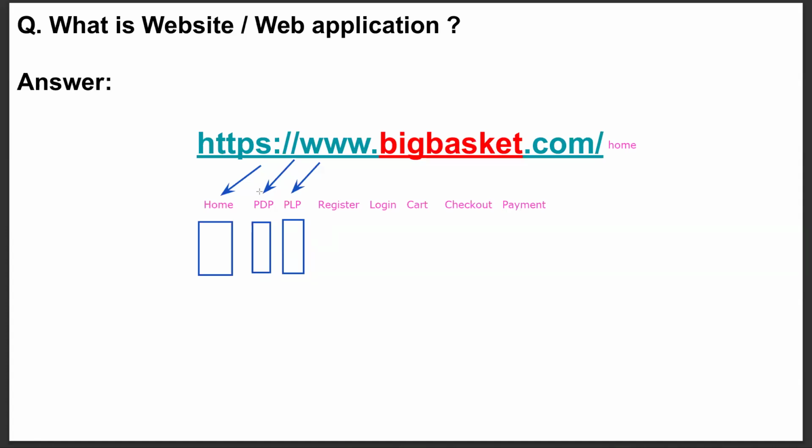Okay, let's talk about this page, guys. This is a little bit different. Now I clicked on register, and a pop-up is displayed to enter a mobile number or email ID. Is this page the same for all, or different for each person? Same for all, sir. Login also the same. No, wait.